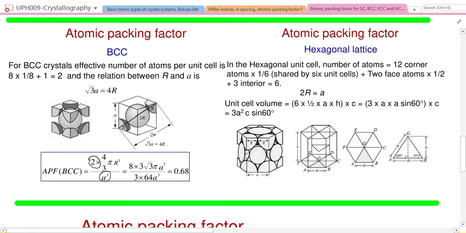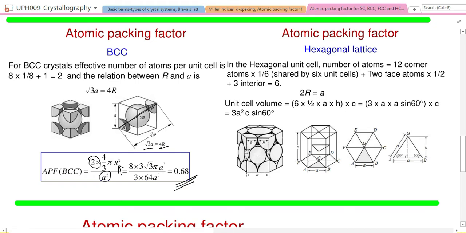So in together, this length is square root 3 into a, and that is equal to 1r, 2r, and this 2r. So in together, there are 4r. So square root 3 a is equal to 4r. And from here, you can replace this r here and find out that the APF or atomic packing factor is equal to